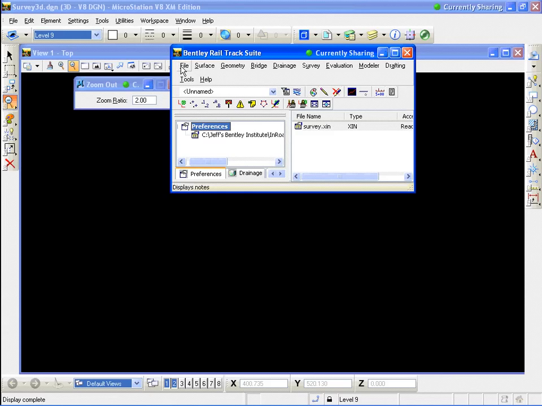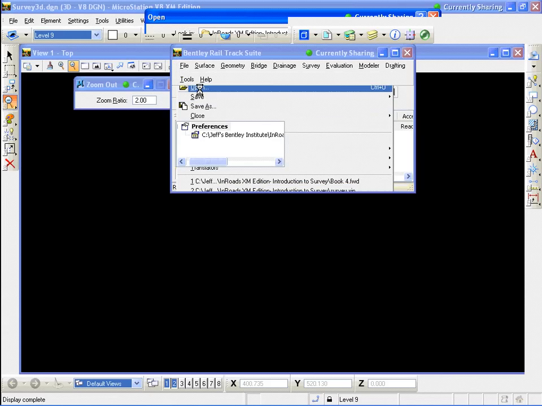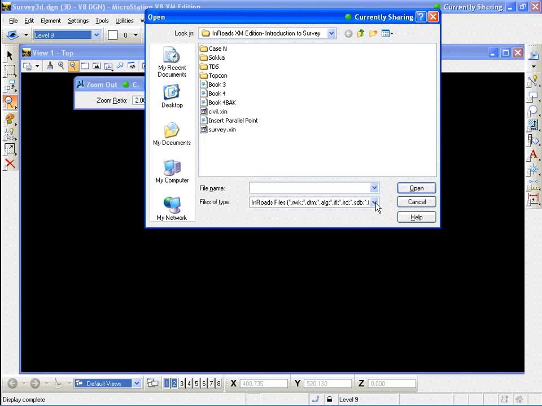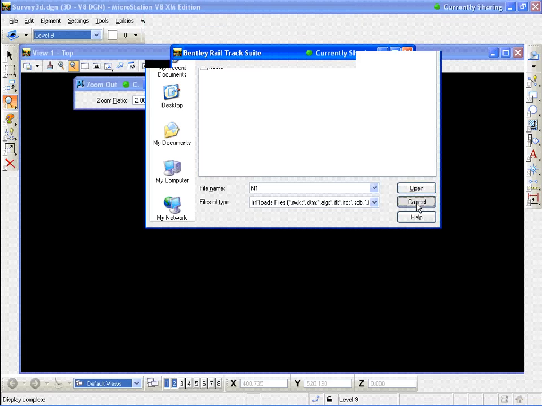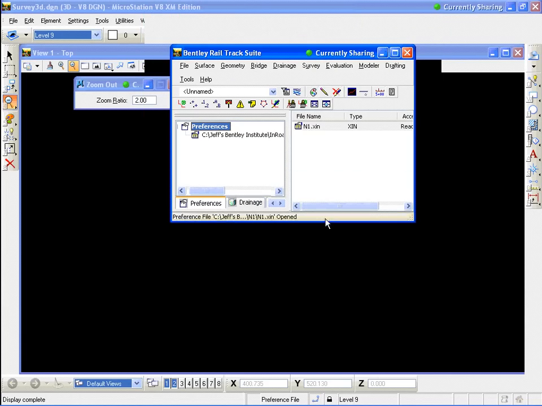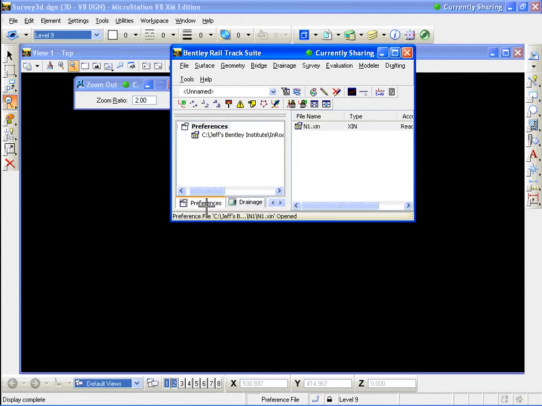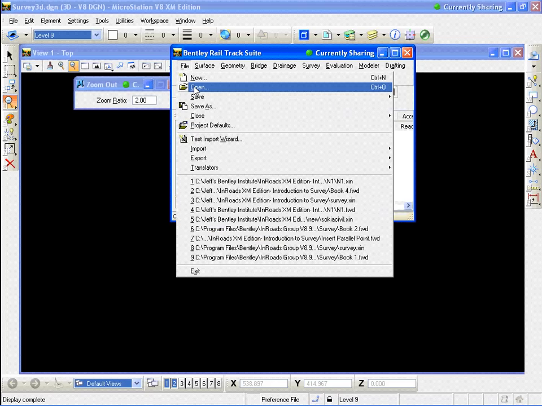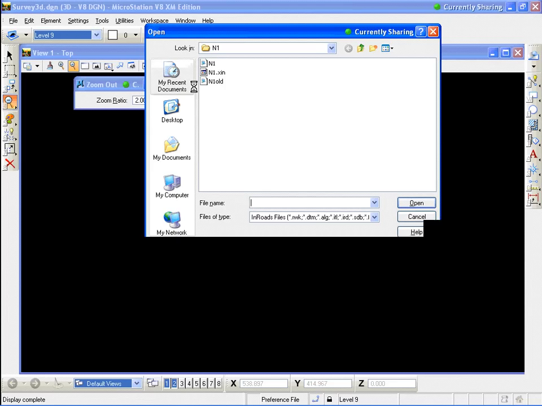To do that, I go to File, Open. I'm going to go to case N, N1, and here's an XIN file I made just for this traverse. Open, cancel. And I can check that right here by right-clicking in the Preferences, and I just hold my cursor over this so you can see n1.xin is my active xin file. Then I go to File, Open, and N1 is my field book. I open that up,